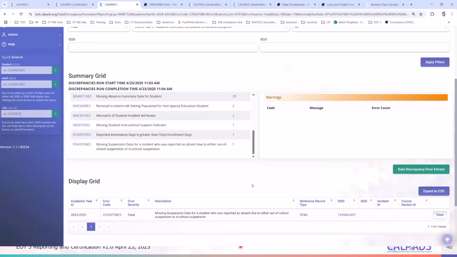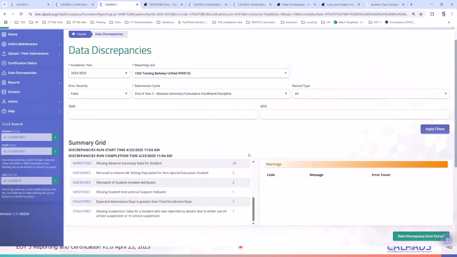So what does this demo say? If you're new to CalPads, number one, don't be pressured to know everything because you won't know everything. Trust me, I've been in CalPads since 2011, and we're still learning. So the secret to CalPads troubleshooting and CalPads success is just knowing where to find the resources. Yeah, the pressure is there, but you can manage it, right? So the bottom line here is knowing where to find the answers.